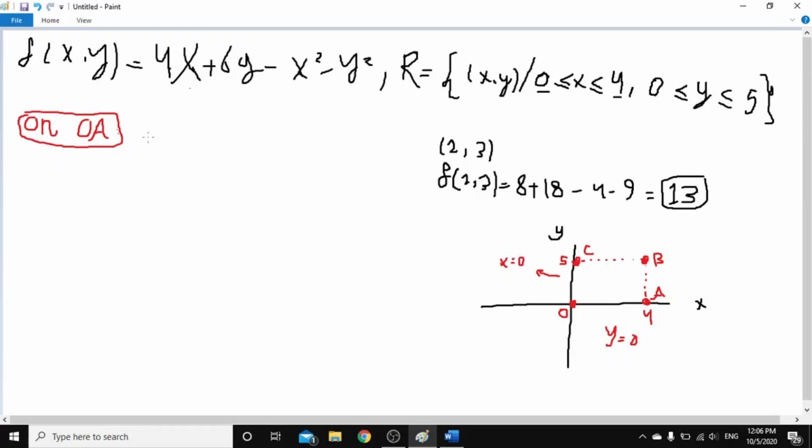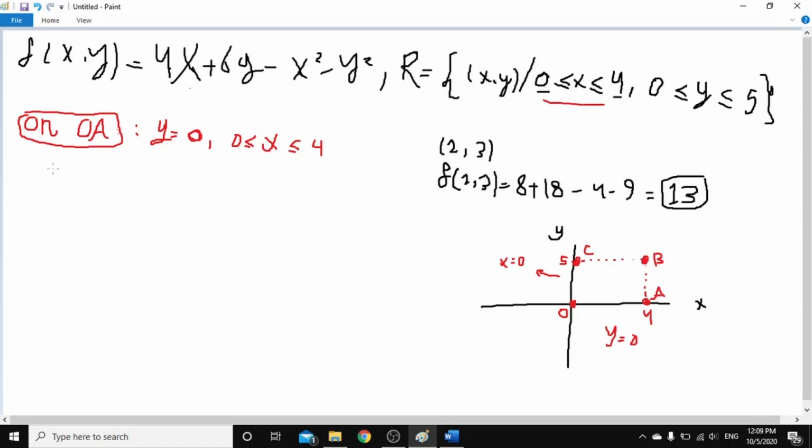So starting here on OA, we need to write that y is equal to 0. That's correct because we're not dealing with any y's, only with the x-axis. And the region for x is here, so we write x is greater than or equal to 0 and less than or equal to 4. So this is the first step. After writing y equals 0 and x between 0 and 4, let's